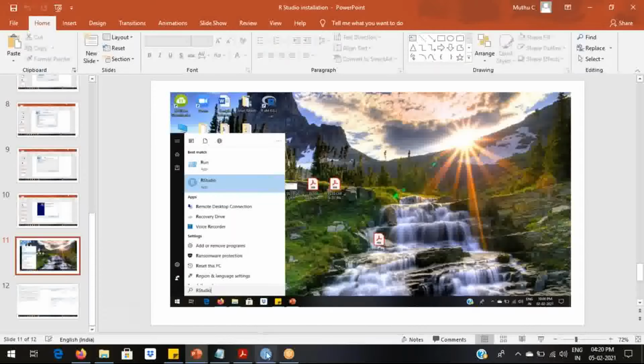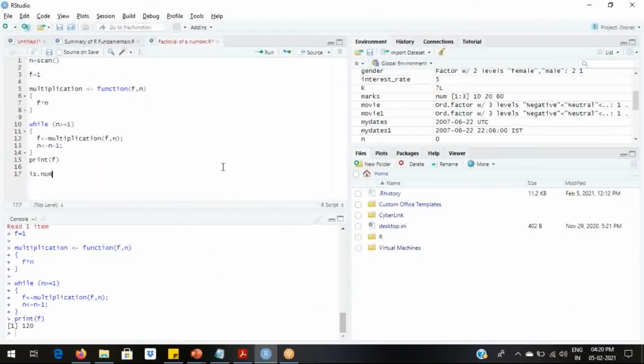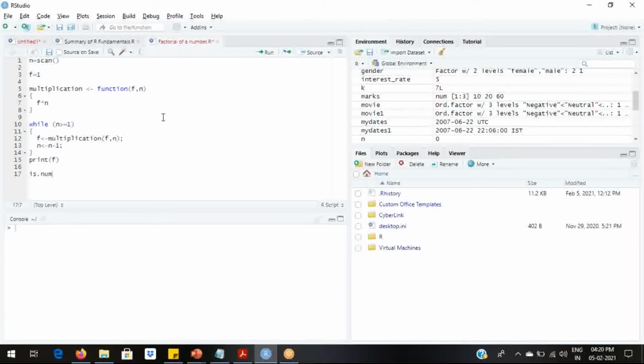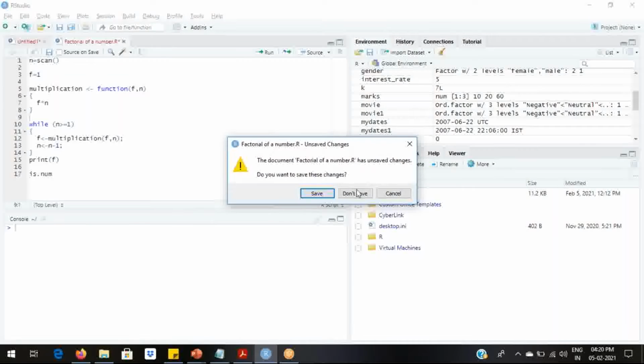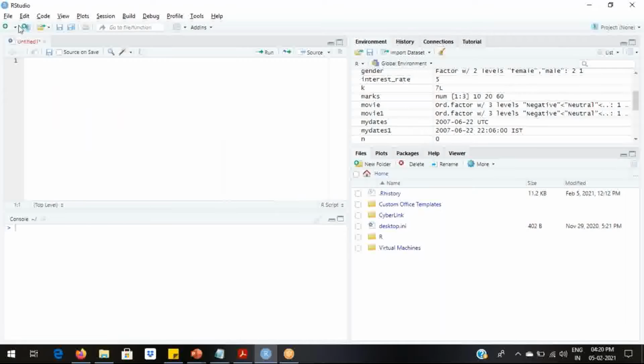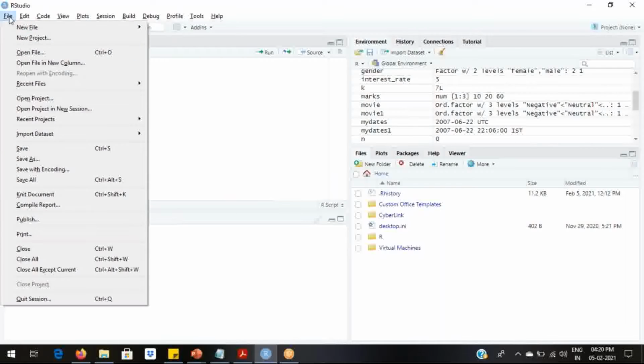Let me just close RStudio and show you how to open RStudio. First clear whatever is there. Go to File, click on Close All.